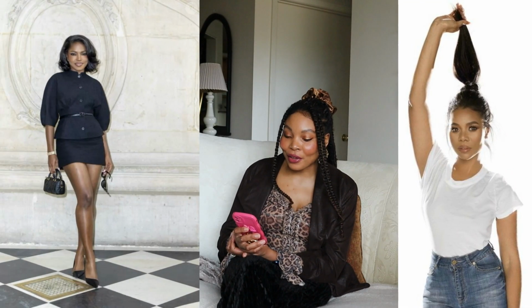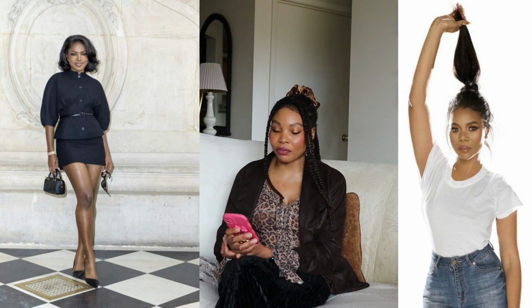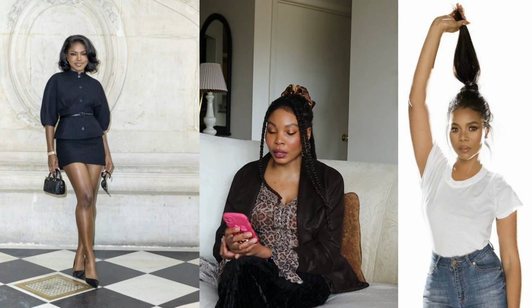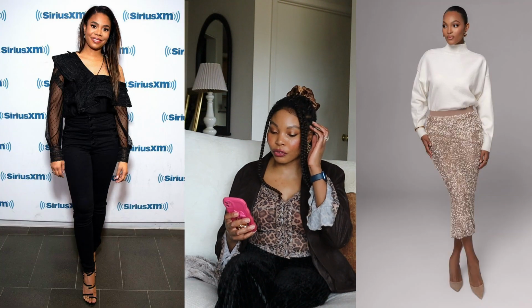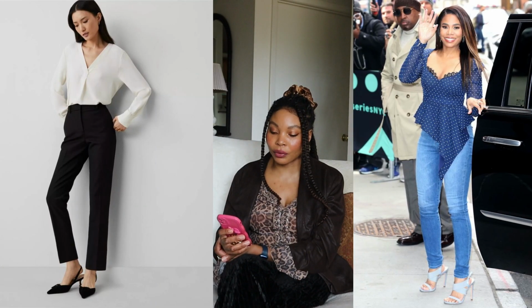For tops, they're going to need to be elegant, symmetrical tops made of lightweight fabrics. Round necklines, crew necklines, and soft draping. Shirring and gathering. Loose turtlenecks, delicate lace, tapered sleeves that gather at the wrists. For bottoms, you're going to need pants that end above the ankle or high rise is preferred. Wide leg pants made of lightweight fabrics, tapered pants at the bottom, straight leg and mom jeans, and softly tailored